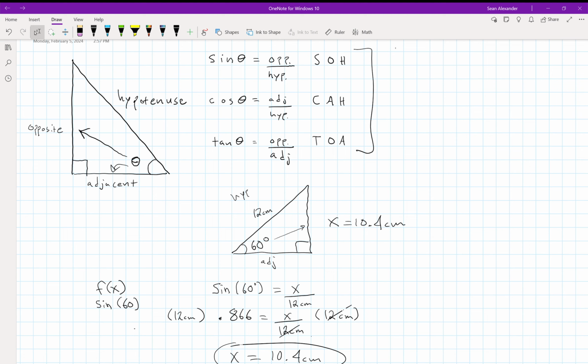The problems will flip that around on you. One problem, they'll give you the opposite side and ask you to find the hypotenuse, but they can't trick you because you know the trick. You just find the one that has them both. Just really quickly before I sign off, to see how they can change it up on you, if they gave you another one that was like, okay, well now I'm going to give you this side,